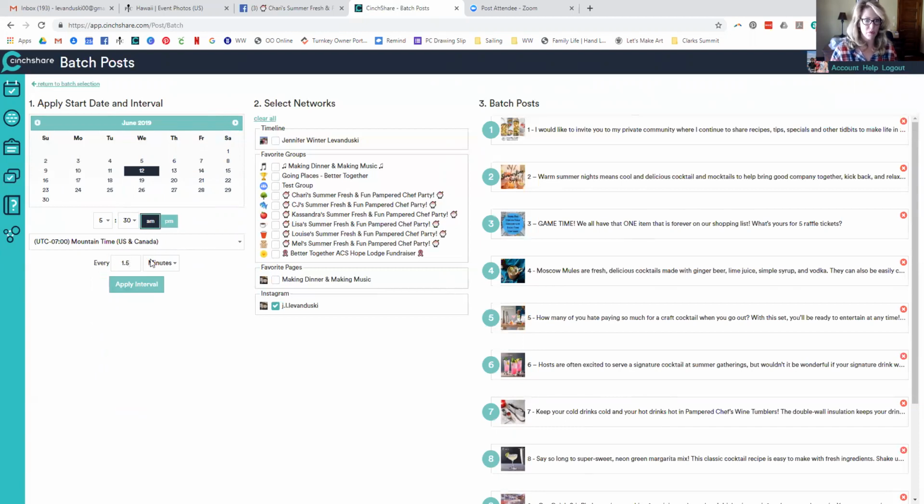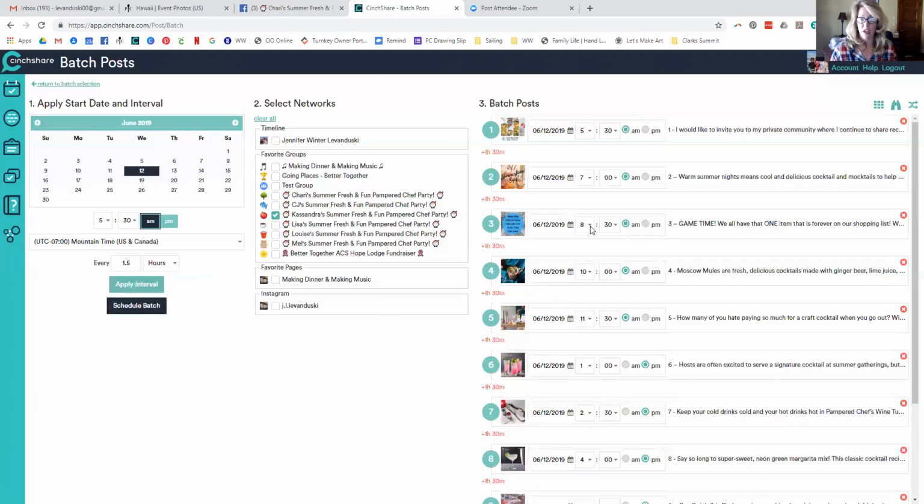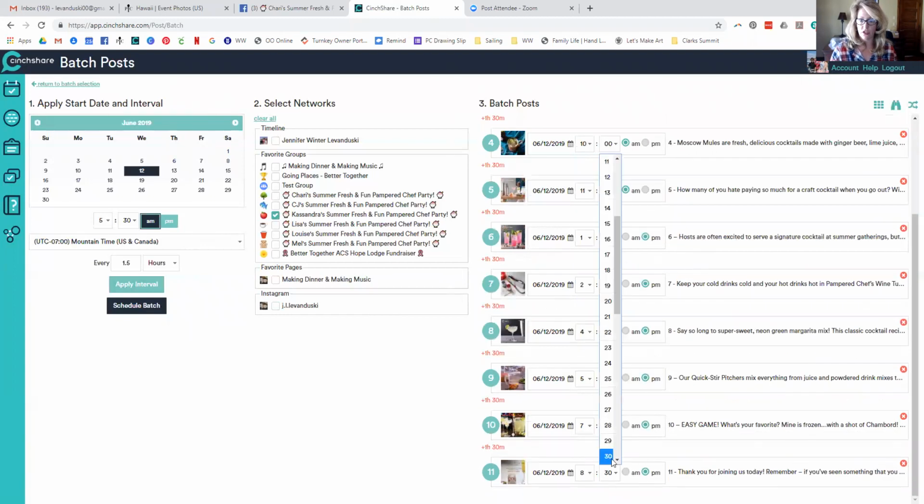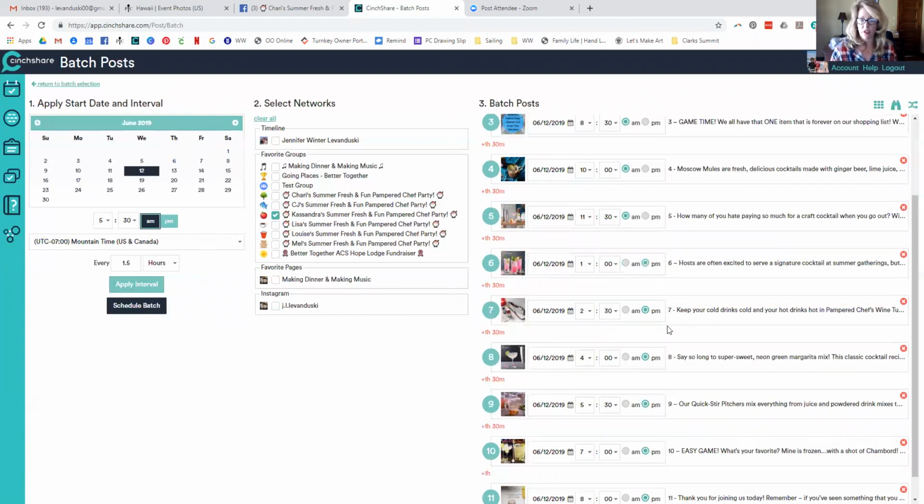Let me give you a super big warning again about the importance of changing from AM to PM, because I have accidentally set my post to start at 8 p.m. and that'll really jack your day, let me tell you. Okay, cool. So I've got my interactive post right there at 8:30. So let's change this to 8:01. This is going to be a good example of the post jumping out of order on me. I'm going to change this to 8, and 1 and 2 have flip-flopped. But the minute I change this to 8 a.m., it's going to go back to being in order. Change this to 8:30. Cool.